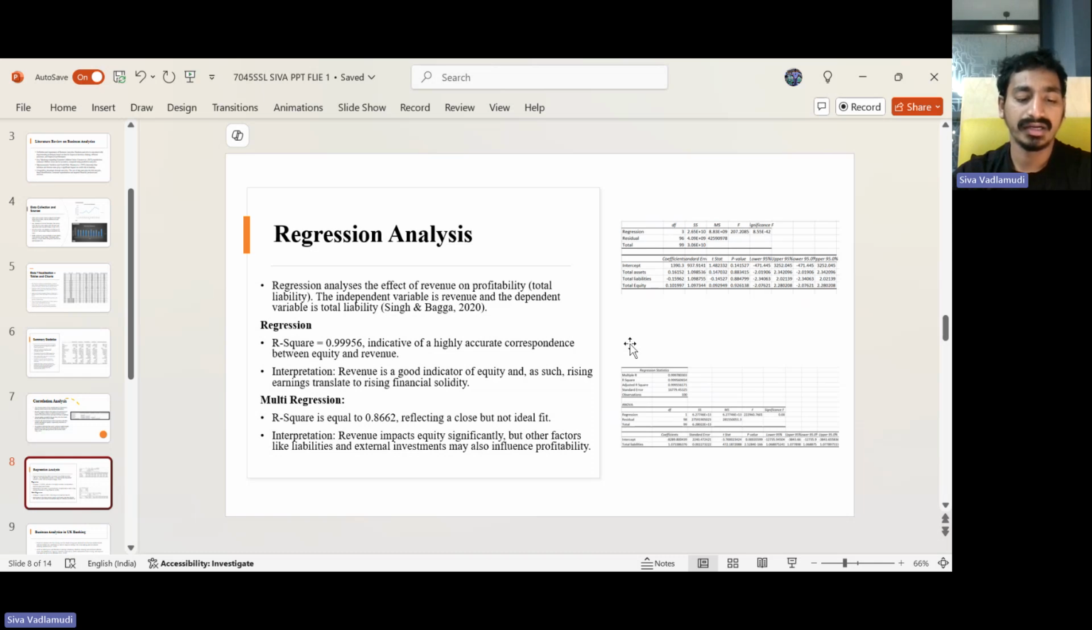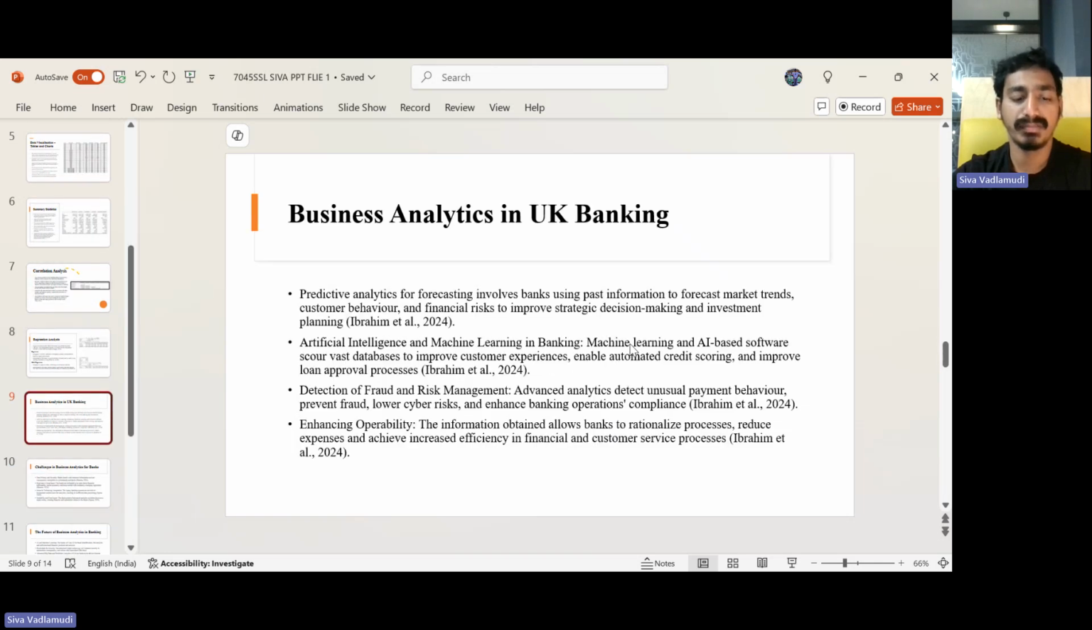Regression analysis also exhibits a close relation between total equity and revenue, which are linked to financial solidity, since the R-squared values are 0.99956 and 0.8662, and justify revenue as a key contribution towards profitability in banks. Next is business analytics in the UK banking sector, and the predictive analysis used